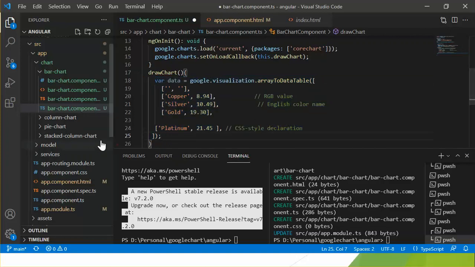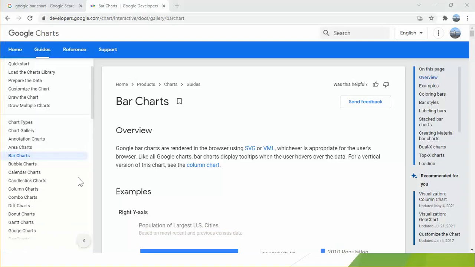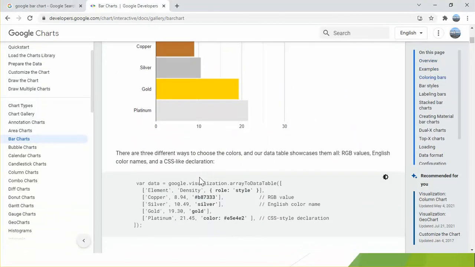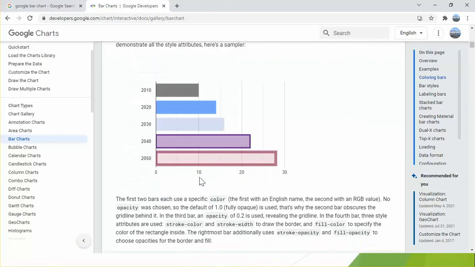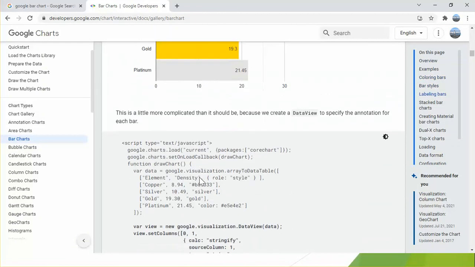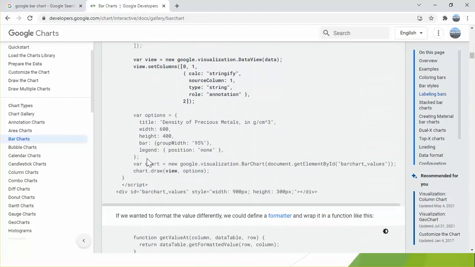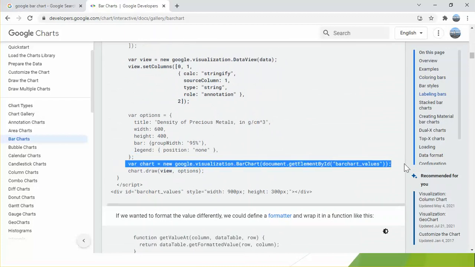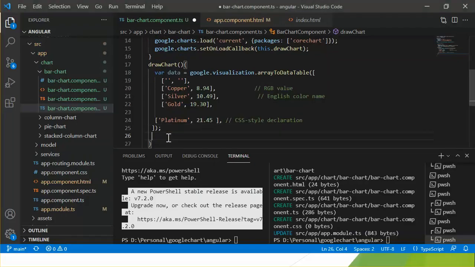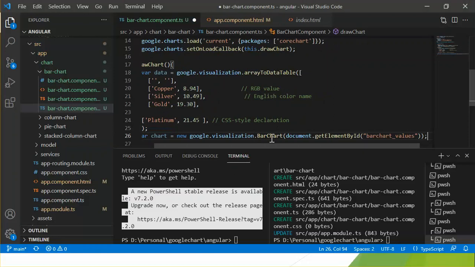Let's instantiate the bar chart. If you go down this web page, we can see how to instantiate the bar chart. Yeah, this one. Let's copy and paste it into my application. Okay, here. This is the HTML element.